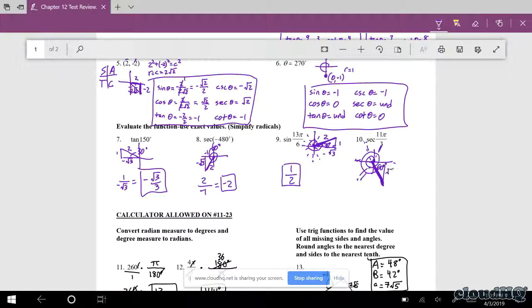60 is over there, so square root of 3 here. It is down, so it's negative. 1 would be here. It's to the right, it's positive. There's our hypotenuse. Secant, once again, is the reciprocal of cosine, so we want hypotenuse over adjacent, which is just